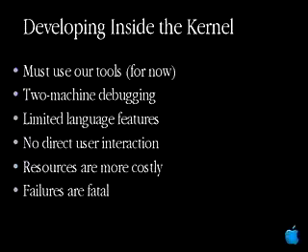Developing inside the kernel, you need to do two-machine debugging. Obviously, you're inside the kernel space. You're in a very protected context. The only way to do debugging at this is with two machines. There are very limited programming language features here within the kernel. As I mentioned, IOKit uses C++ as the way that the frameworks are implemented, but it's a very restricted usage of C++, something that has been actually termed as embedded C++. But there are other programming language limitations that exist within the kernel.